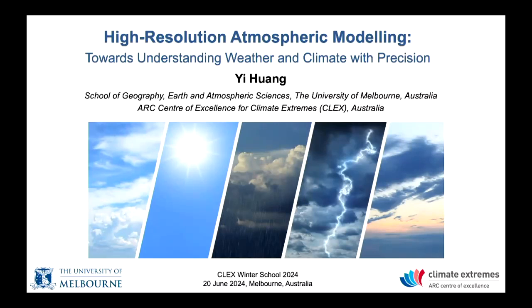So, okay, I think everyone sitting here today in this room probably agrees with me that our climate models certainly have been tremendously helpful in revolutionizing our knowledge of our climate and climate change science in the past several decades. But I believe many of you probably also come across some of the discussions about the most outstanding open problems in climate science as well, right? Such as, how are our atmospheric circulations expected to change in response to climate change? And how might our severe weather behaviors change in a warming world?